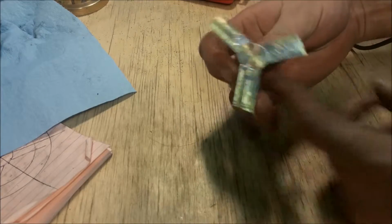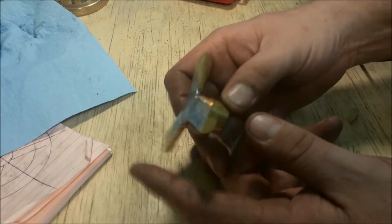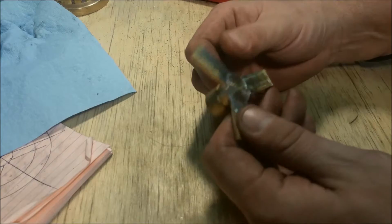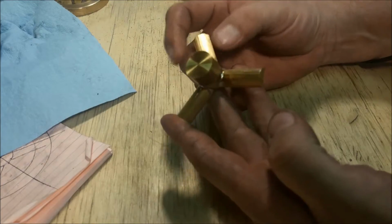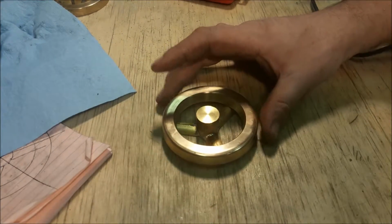Okay, here's the finished product. Wow, man, I'm getting exhausted right now. It's late. But that's actually pretty close to what I'm thinking. I'm gonna go ahead and